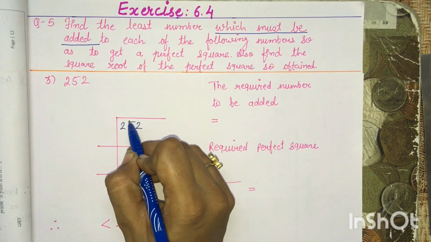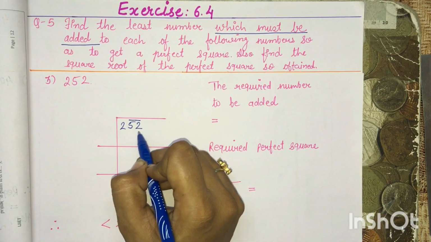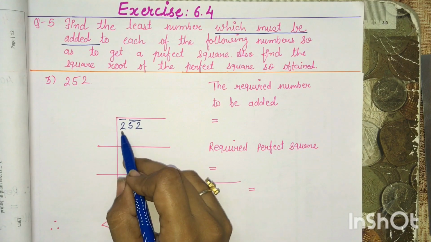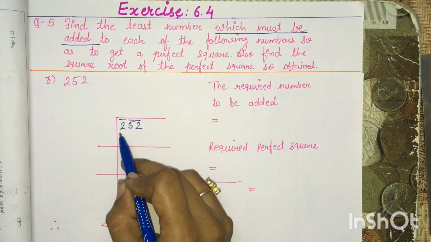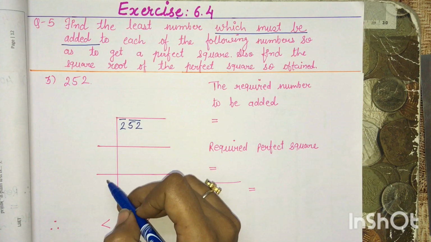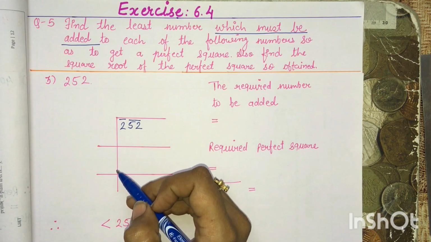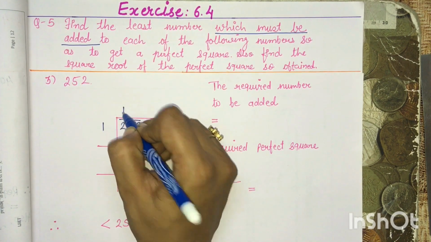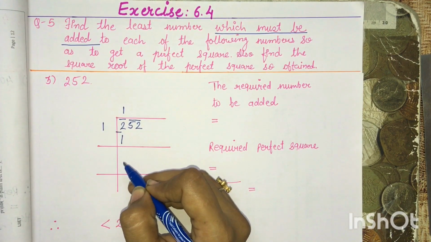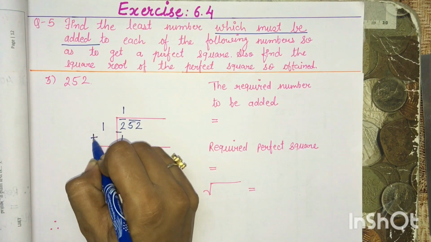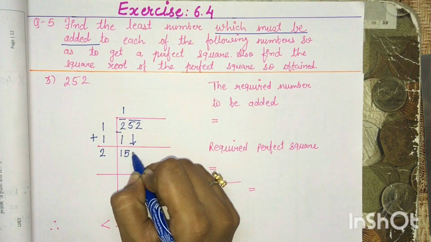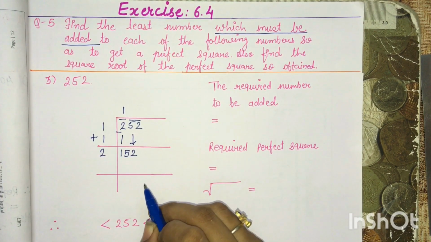Again, the first step, as you know, is pairing the digits. So one pair is of 52, and here we have an odd number of digits, so the number 2 will be unpaired. Now the first number we have is 2, so the nearest perfect square number which is smaller than 2 is 1. So we will start with number 1, which is 1 ones are 1. Taking subtraction, we'll have 1 over here. Adding the same number over here, we'll have number 2. Bringing this 52 down, the new number is 152.